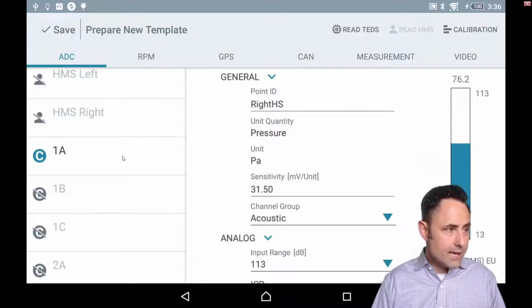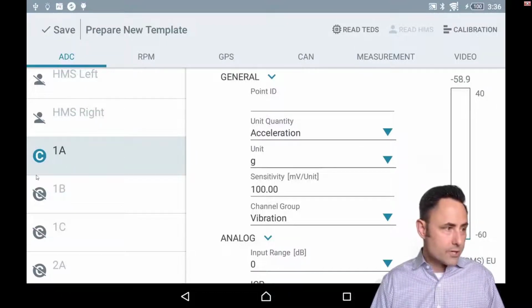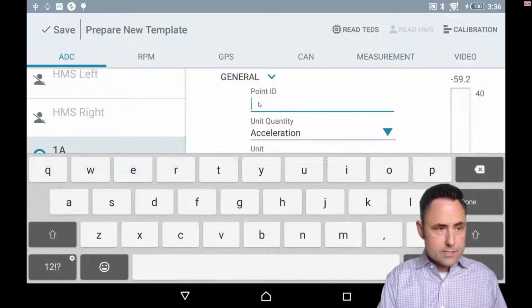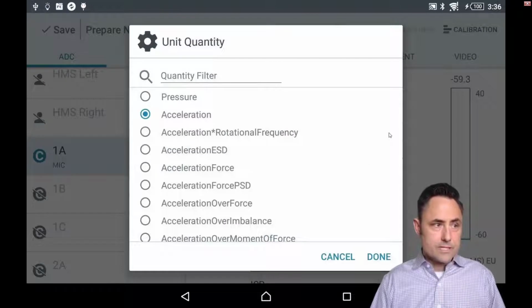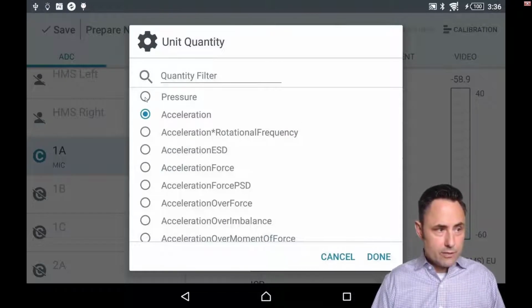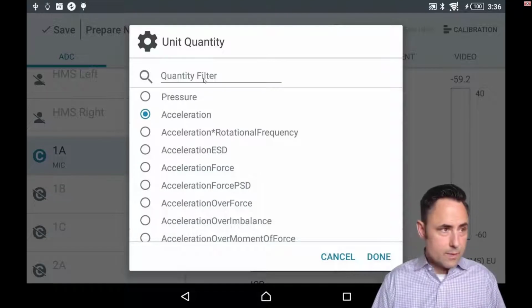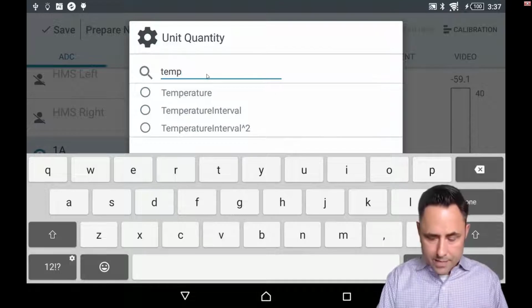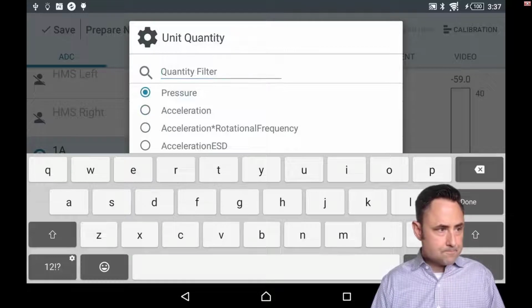and then I'm going to come down here and I'm also going to have a 1/2-inch microphone. Okay, and so channel 1A is turned on. If I wanted to turn more on, I would just click on them. In this case, I'm just going to turn one on, and I'm going to call this just mic. And we're going to measure, instead of acceleration, I'm going to measure pressure. The two most frequently used are put right here at the top of the list for me, but if I needed to measure temperature or something, I can just start typing and it'll find it for me. In this case, I'm going to be measuring pressure.